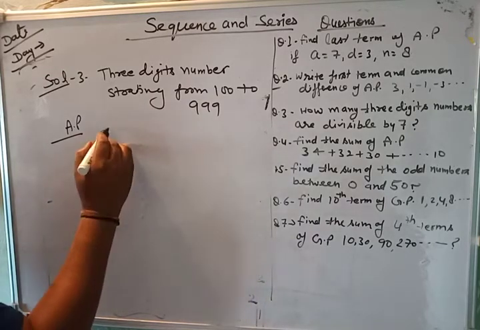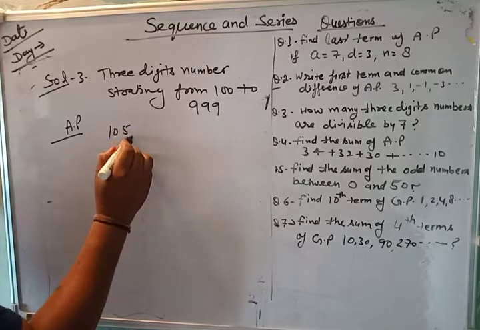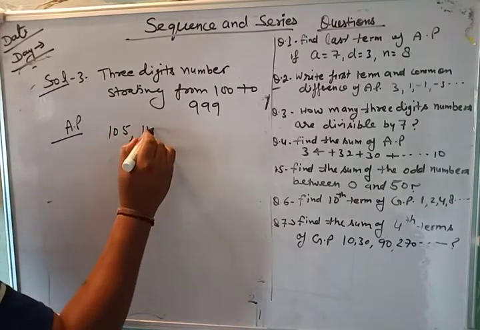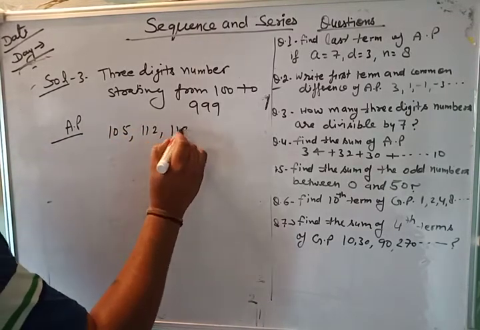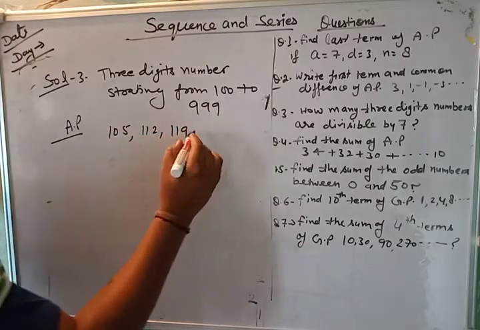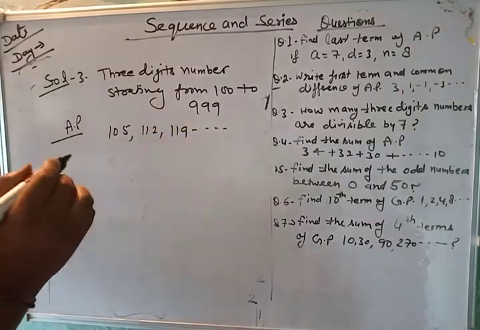10 is not. AP we will get 15. Second is 112. Third is 119, because the gap is 7, and last is 99...